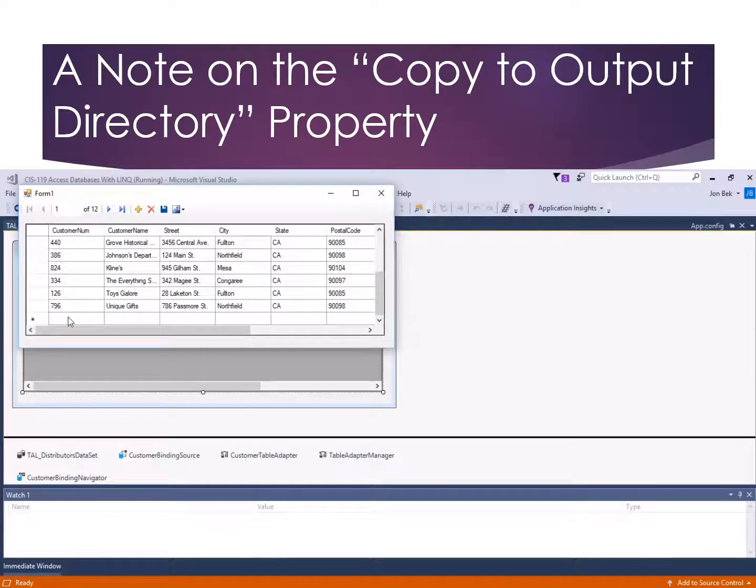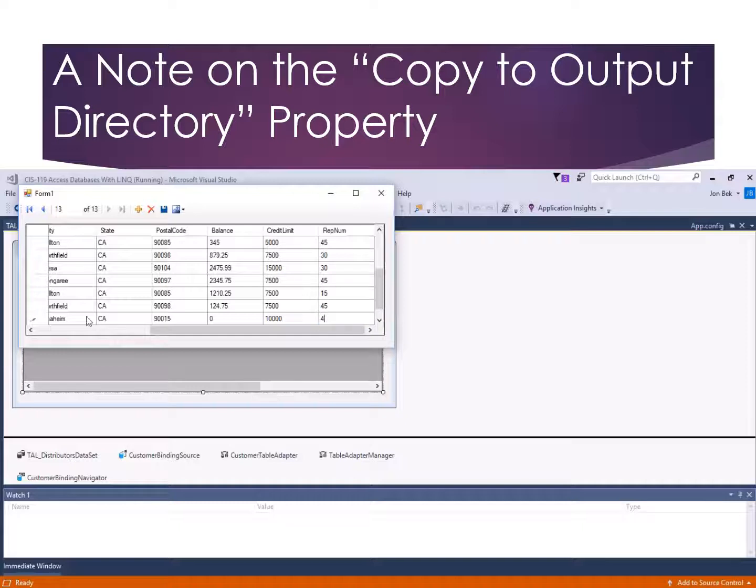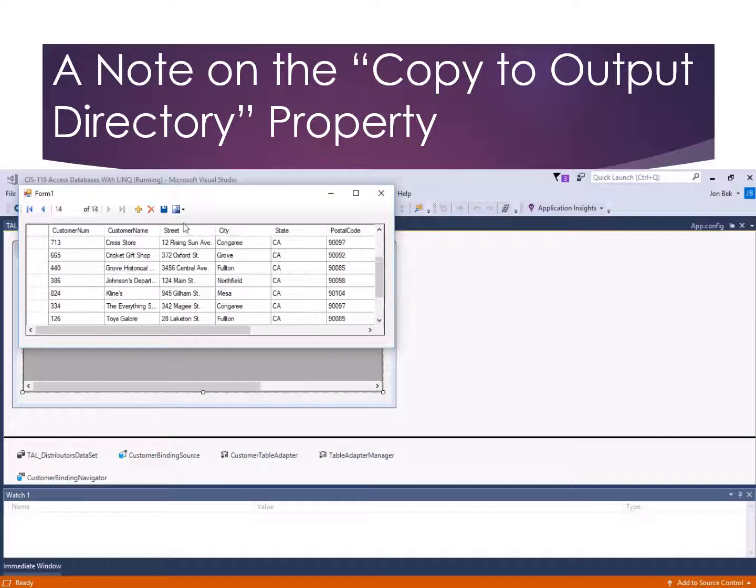And there's no record 999. Let's add it. And we'll make it a little different this time. Let's make it, this is Donald Duck, and he's 123 Main Street, somewhere down in Anaheim, California, at the happiest place on earth. I don't know the zip code for Anaheim. We'll make it up. And has a zero balance, $10,000 limit, and this time we'll make Donald associated with rep number 15, and we'll